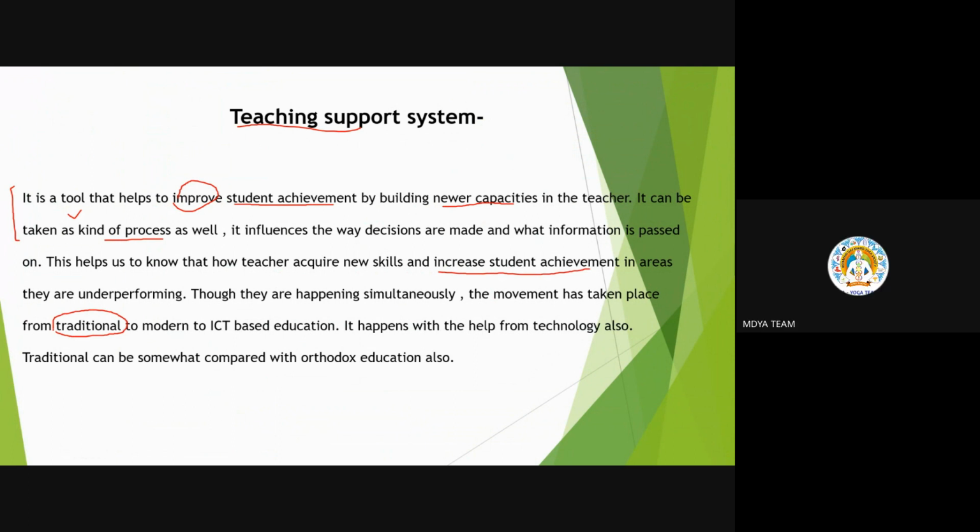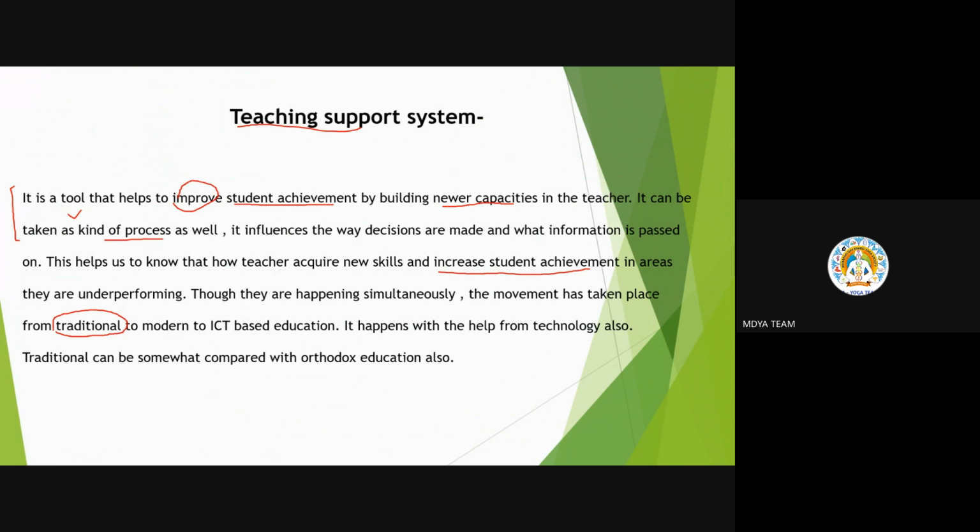Yes. And what comes in modern? Modern includes the internet resources that we have, or the projectors, the modern equipment also, smart board. Yes. And then ICT. Here you are just going through an ICT based support system. ICT is the use of